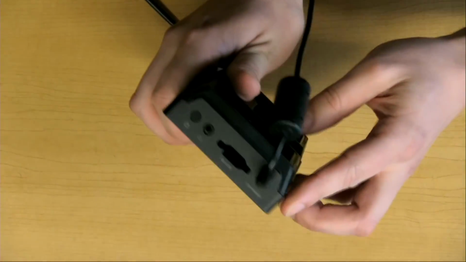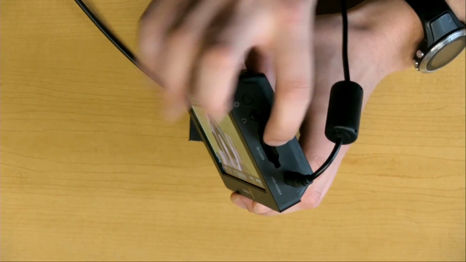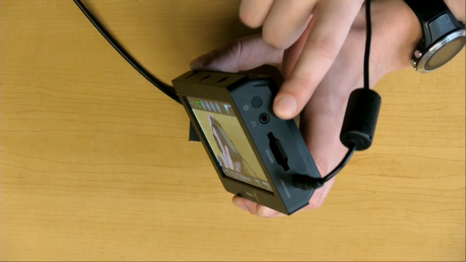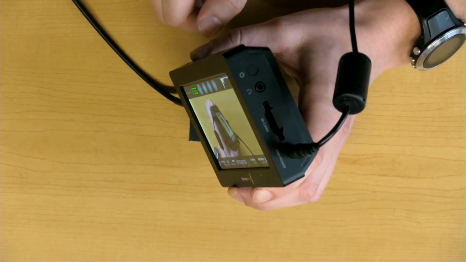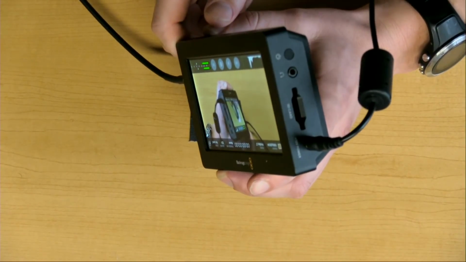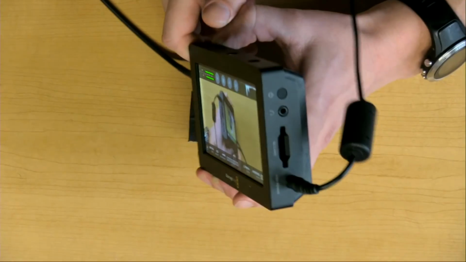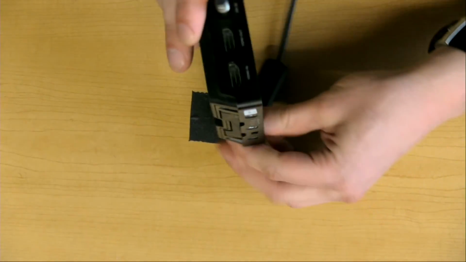On the side here, like I said, this is the SD card slot. And then this is a headphone jack, which the other one we showed you, the ATEM switcher, does not have. This is really important when you are recording, for double-checking that you're getting good audio. The other one doesn't have that, so in some ways this is more functional, which is kind of funny.